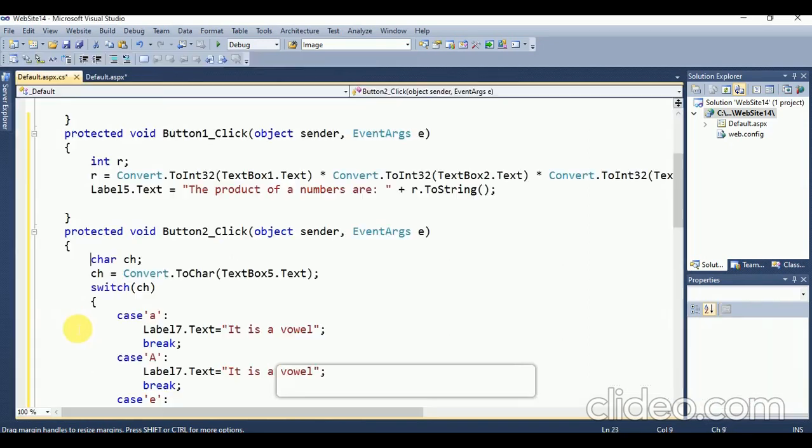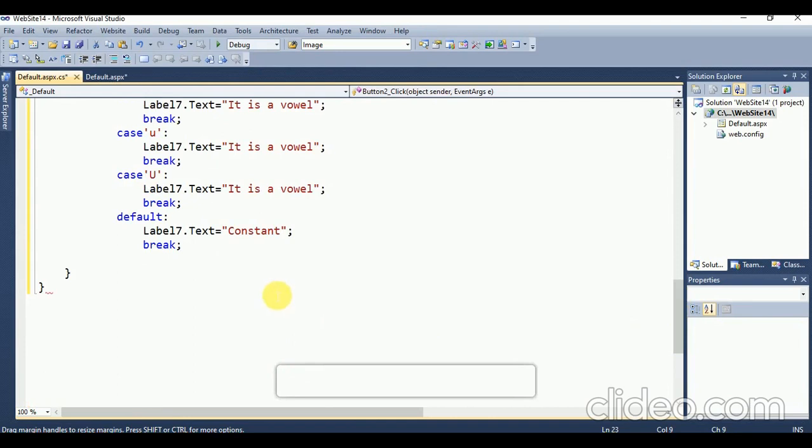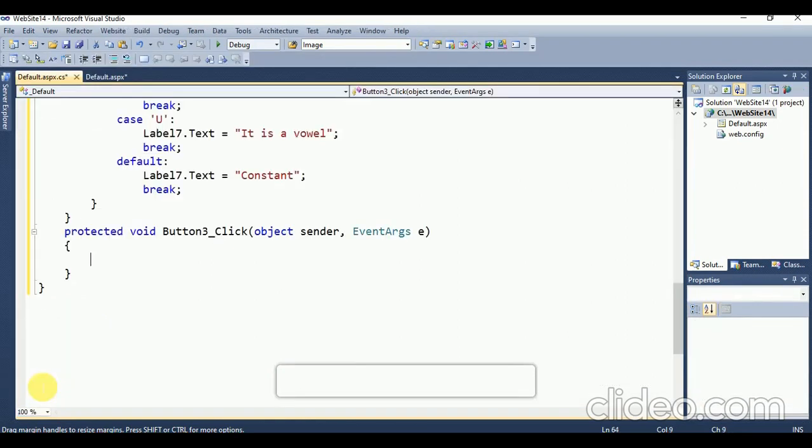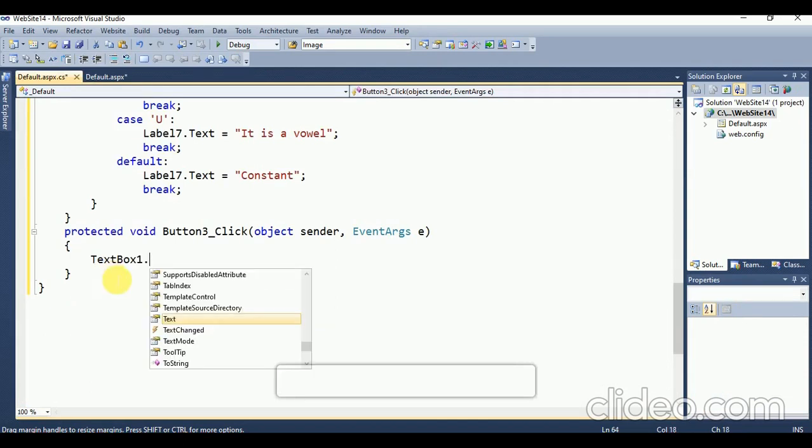Now we will write a code for a reset button to clear all values for a text box. So double click on reset button. Textbox1.text equal to